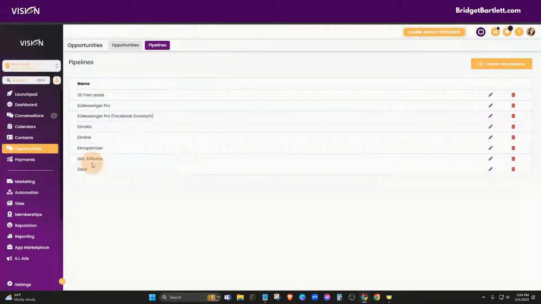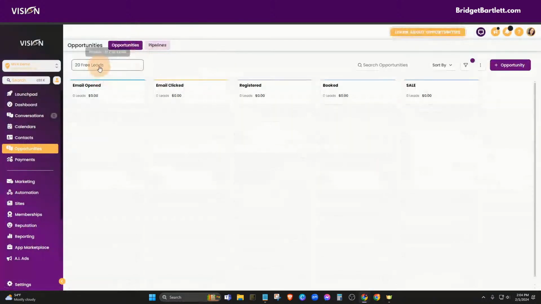So I'm going to click there to add my pipeline, and you'll see if I go over to opportunities that I can scroll to my leads opportunity, and you'll see these 4 stages. Now, this is really important. This is really the very first big decision that you're going to make about how do you want to follow